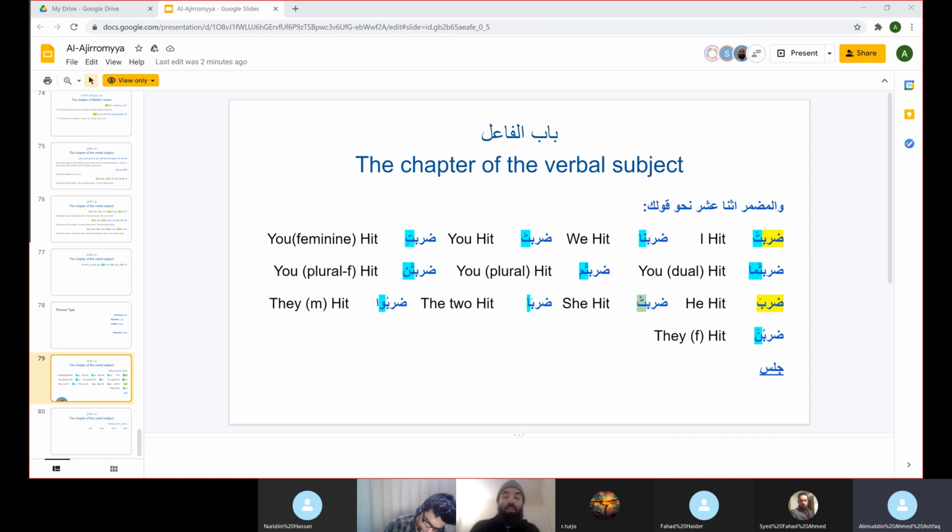Okay, so now that takes care of the pronoun. In this case, these pronouns were all the doers. They were all the subjects, right? And now there is a second category of pronouns that are all object. They're basically when you want to put the object in the hidden form, in the form of a pronoun, there's a different way you do it. Basically, these pronouns will not be correct. We cannot use them for an object.